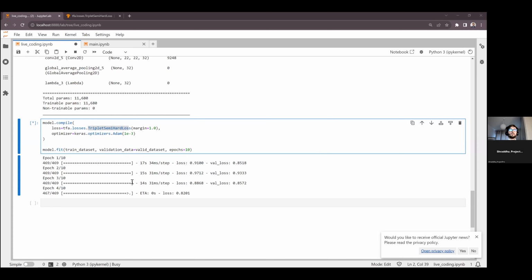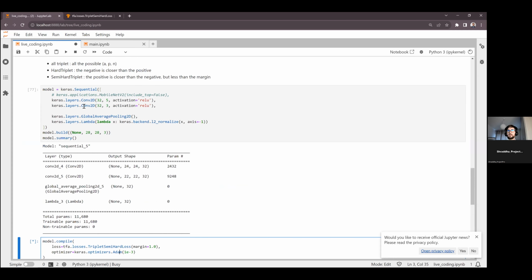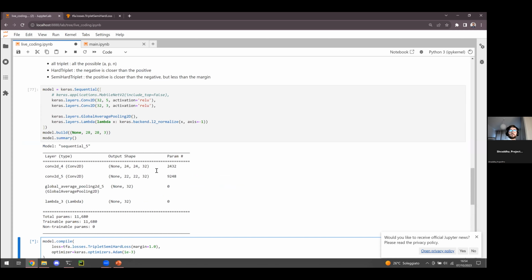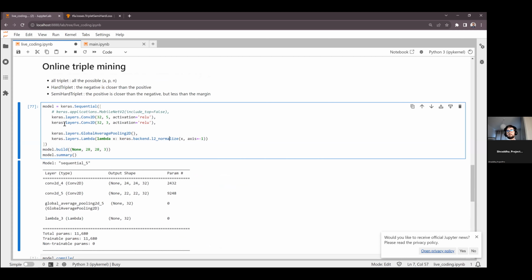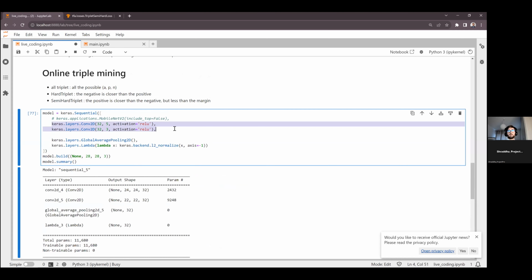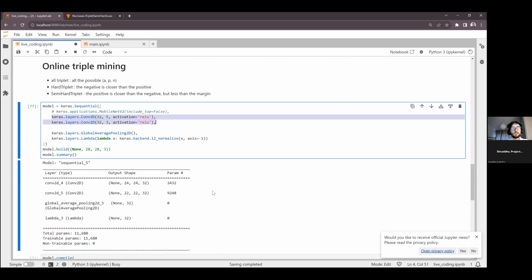Now, I don't really know what will happen with this training, since we're starting from scratch with a random convolutional neural network here. Probably this is far from optimal. We should look at how to define a very small neural network, the right combination of filters, strides, padding, and everything. But let's say this should more or less work.